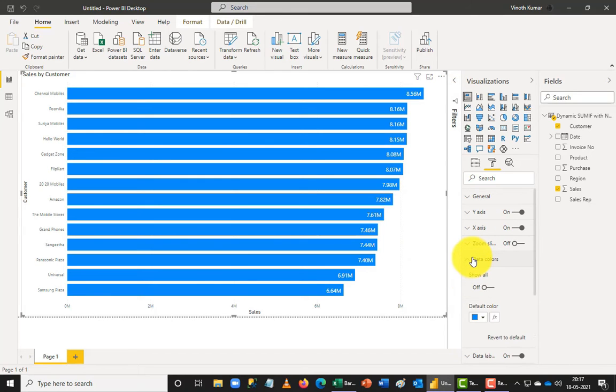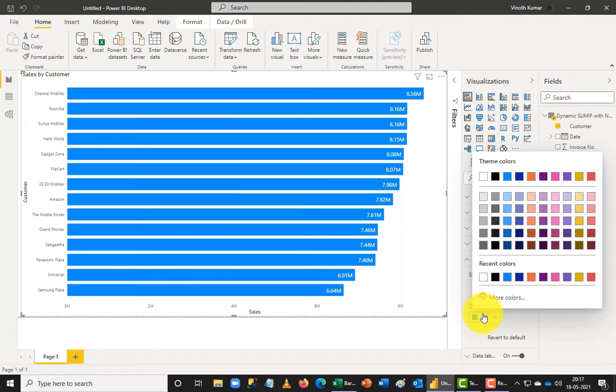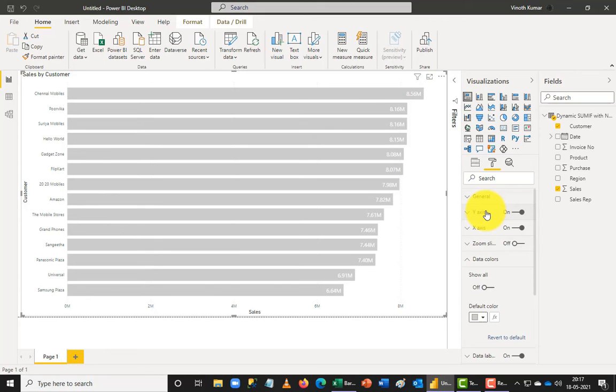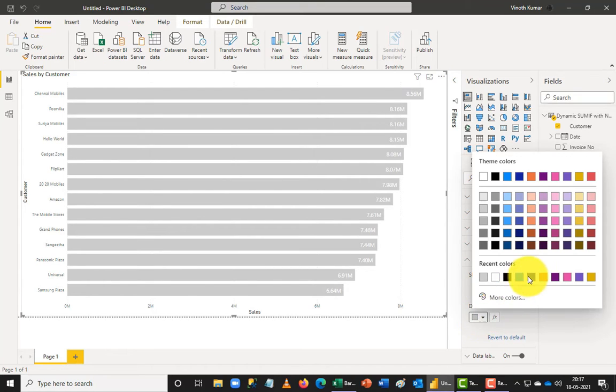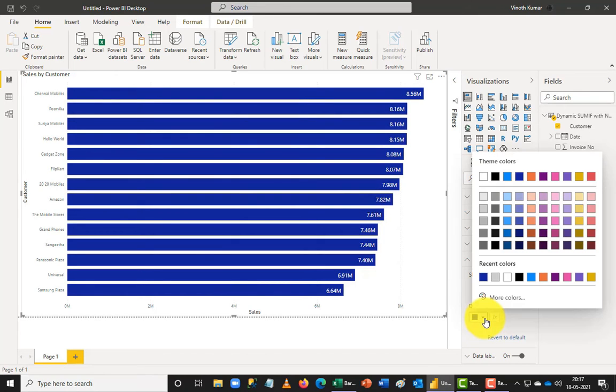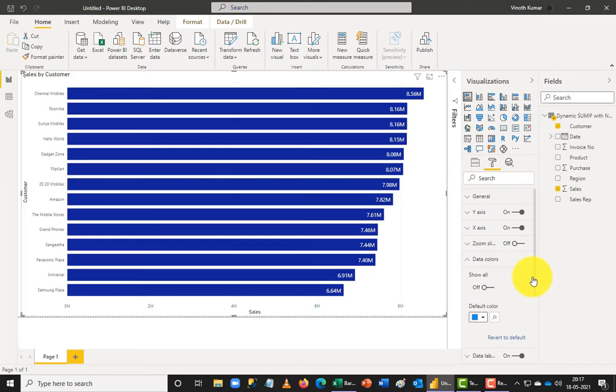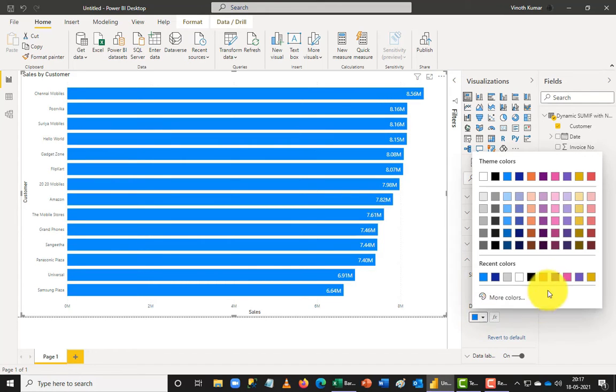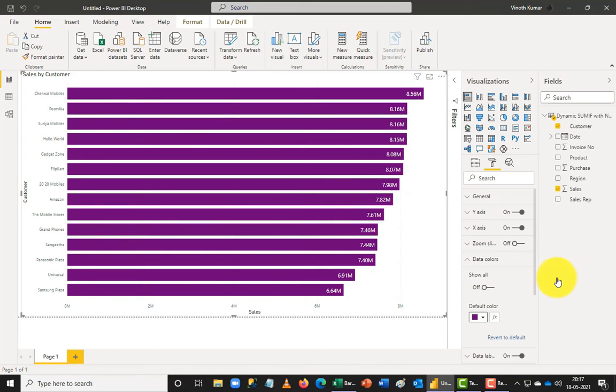And if you want to change the colors here, you can pick the color. The colors have become very good right now. After the April edition of Power BI updates, the colors have become better. So choose the color wisely, because you cannot kill the colors here. So you have to be much better in color options, so you can pick a darker color or a better color to show up the data better. What do you want to see or what do you want to show here, you can show them here. So I'm trying to pick purple here, so I'm taking the dark purple here.